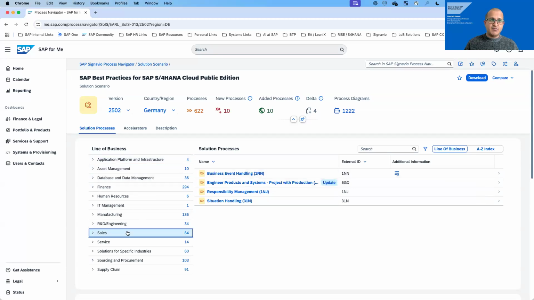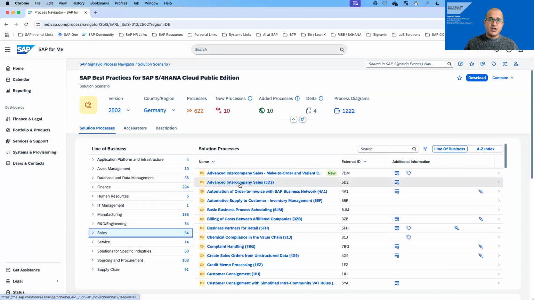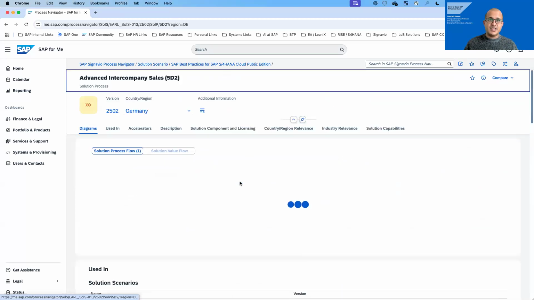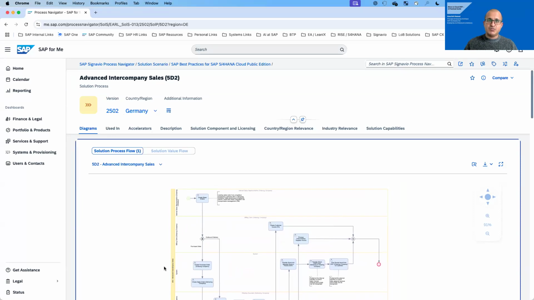So if we take, for example, one of the scenarios, which is what someone asked earlier, which is advanced intercompany sales.